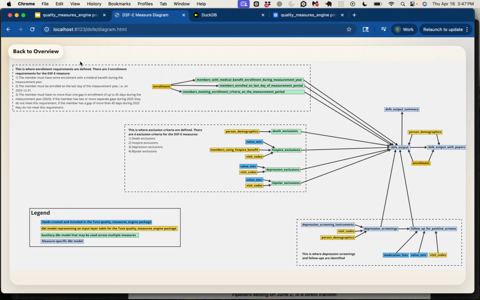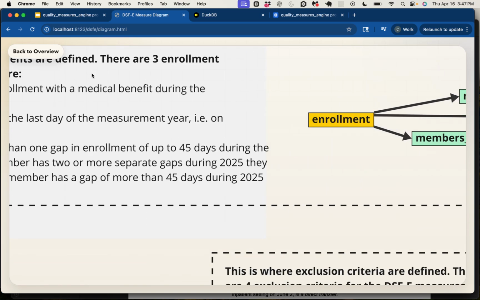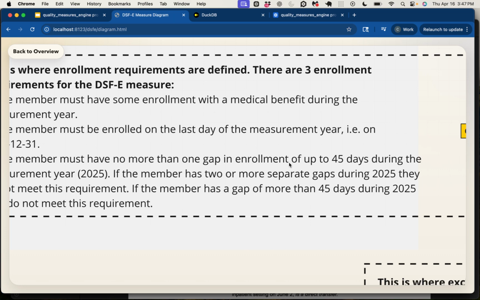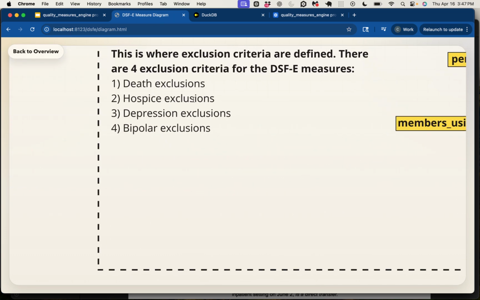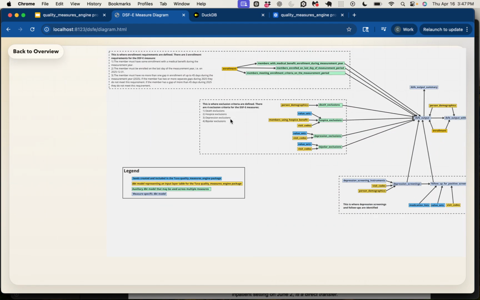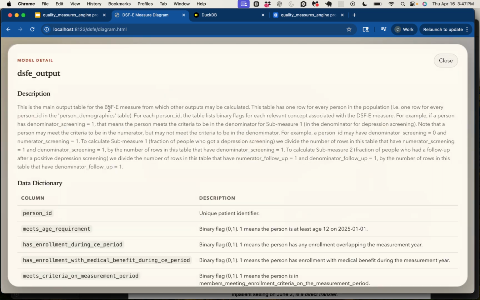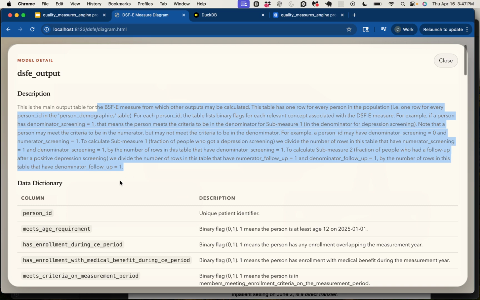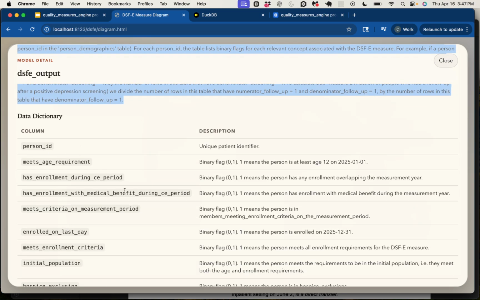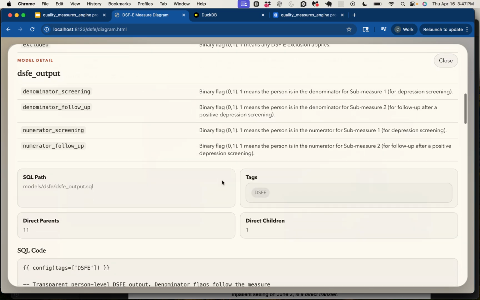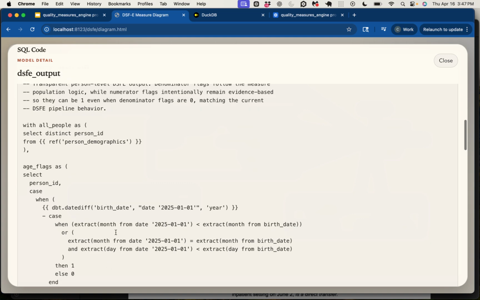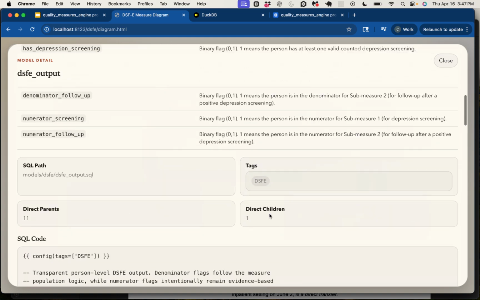You can see how it's broken down into meaningful sections. Like this section up here is explaining all the logic related to the enrollment requirements for the measure. There's a section down here explaining all the logic related to the exclusion criteria for the measure, etc. Any one of the nodes in this diagram is clickable. So for instance, I can go into a node and click on it and see a description of what that node is. You can see a data dictionary for that node with all the fields and the descriptions. You can see the source code for that node here, the SQL that is producing that transformation step. You can see how many direct children and parents the node has and the path to this file in the